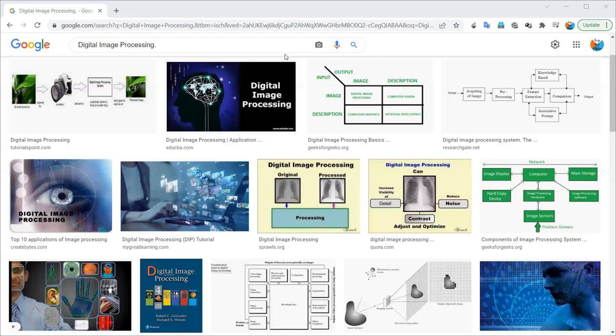So if you are interested in the relevant field, I will highly recommend you go for digital image processing. Additionally, if you are more interested in the field of speech or NLP, then you should go for digital signal processing. Whenever you are starting your research, you should always go for some good survey or tutorials. In this way, just by reading one or two papers, you will soon get to know whether you are going in the right direction and whether it suits your interest or not.